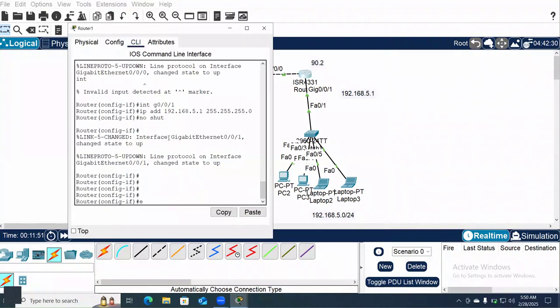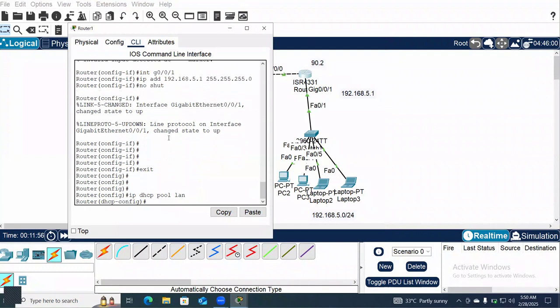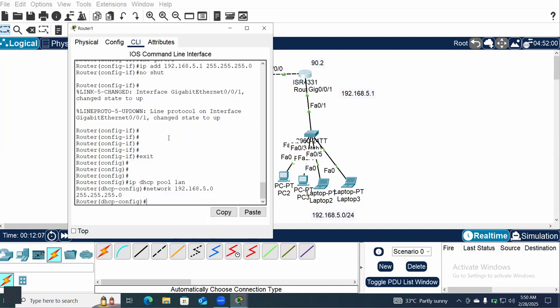So I'm going to say exit. So here, ip dhcp pool, let's give it LAN. The network should be 192.168.5.0. That's the network they are using, with a subnet mask of 255.255.255.0. The next thing will be default router. Default router will be